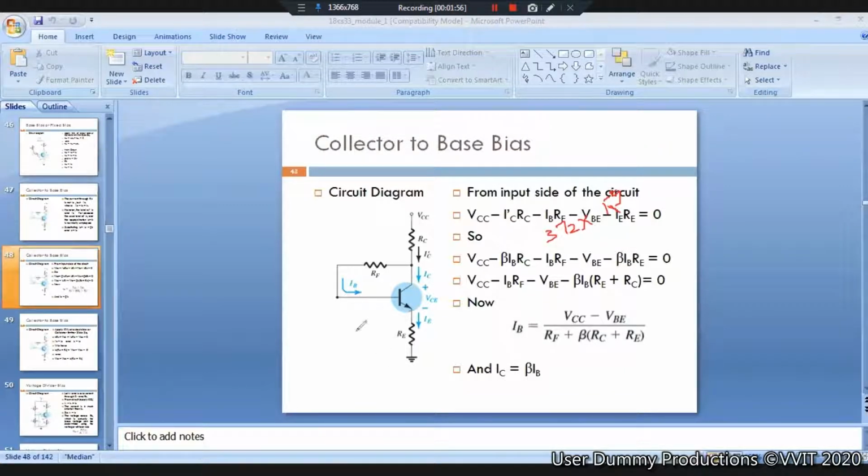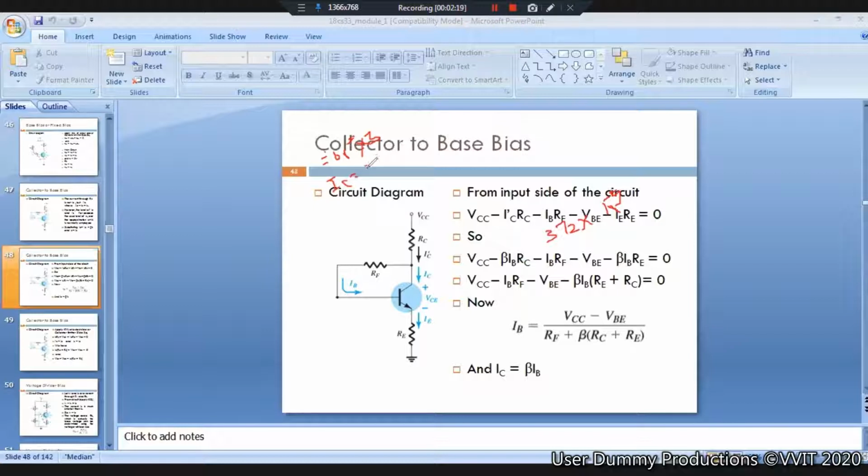IC value. You can substitute the values. IC is equal to beta into IB. This is equal to beta is 60, 60 into, you can multiply with this value, 60 into 3.72 into 10 to the power of minus 5. How much will you get for this collector current? Now you have to find out this, 2.23 into 10 to the power minus 3.